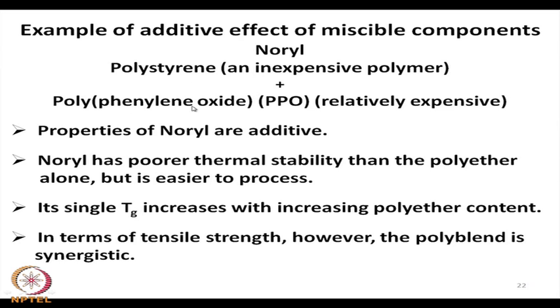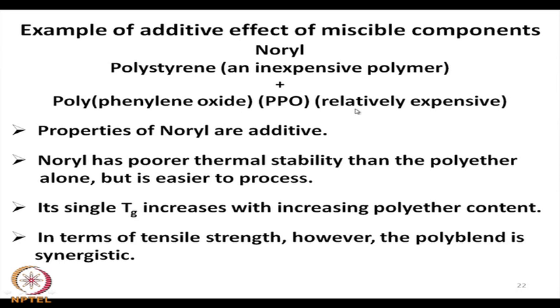Now, polyphenylene oxide is a polar polymer as well as it contains an aromatic ring on the backbone chain, a phenyl ring on the backbone chain, and polystyrene is a purely hydrocarbon polymer in which the backbone chain is made of carbon and the phenyl ring is present as a pendant group as a substituent of one of the hydrogens of alternate carbon atoms.